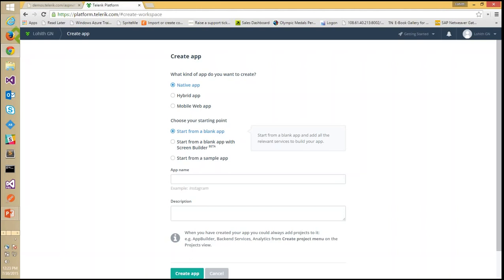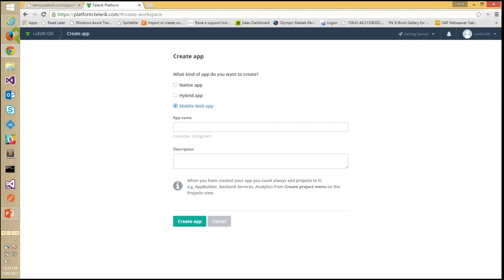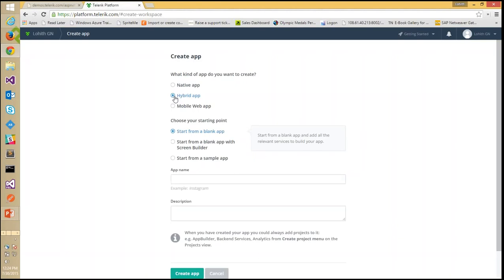is supported by the native script. We're going to talk about that later. Hybrid app, which is basically using the HTML5, JavaScript, CSS, and is powered through our Kendo UI. And also you can create a mobile web app. For now, what I'm going to do is I'm going to pick up hybrid app, and then I'm going to say start from a blank app, and then I will call this as